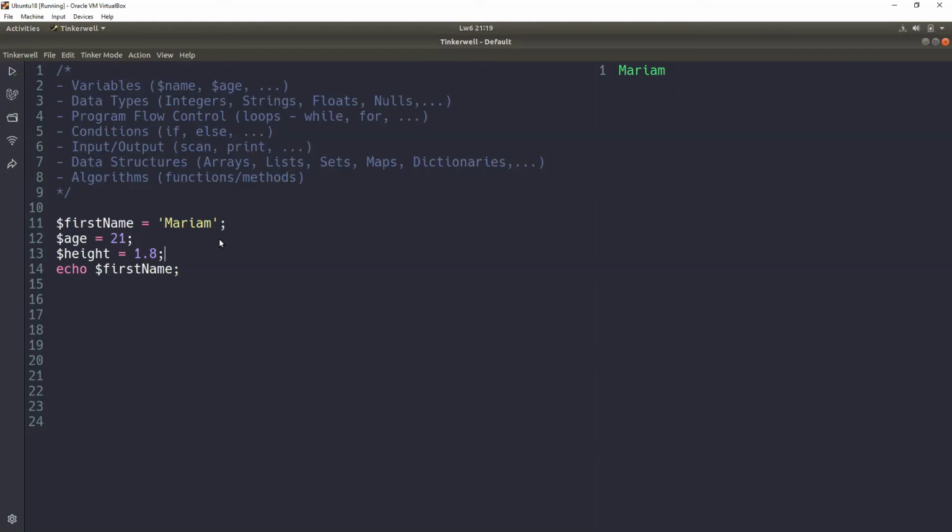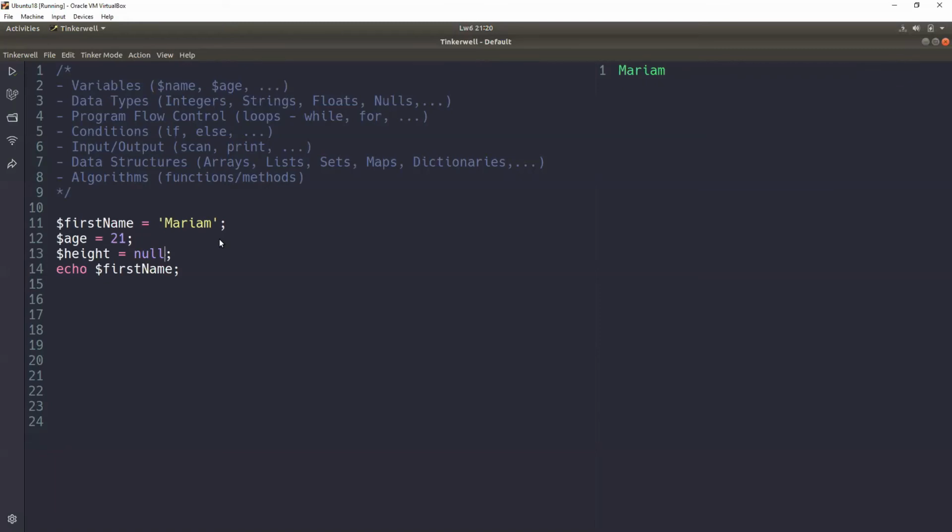So that's the height. You see we have a decimal point there, 1.8. That's a float, which is also accepted. Those are some of the data types. Or if we don't know the height, we can actually say null.